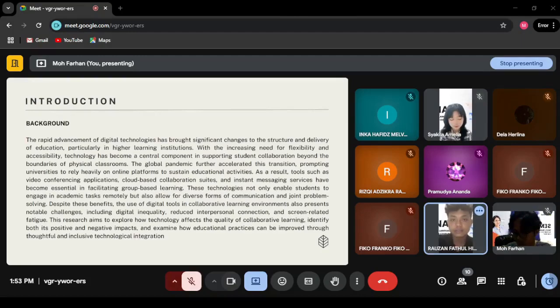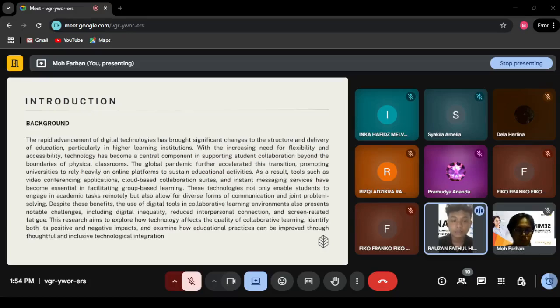Okay, the introduction. The background: the rapid advancement of digital technologies has brought significant change to the structure and delivery of education, particularly in higher learning institutions, with the increasing need for flexibility and accessibility. Technology has become a central component in supporting student collaboration beyond the boundaries of the physical classroom. The global pandemic further accelerated this transition, prompting universities to rely heavily on online platforms to sustain educational